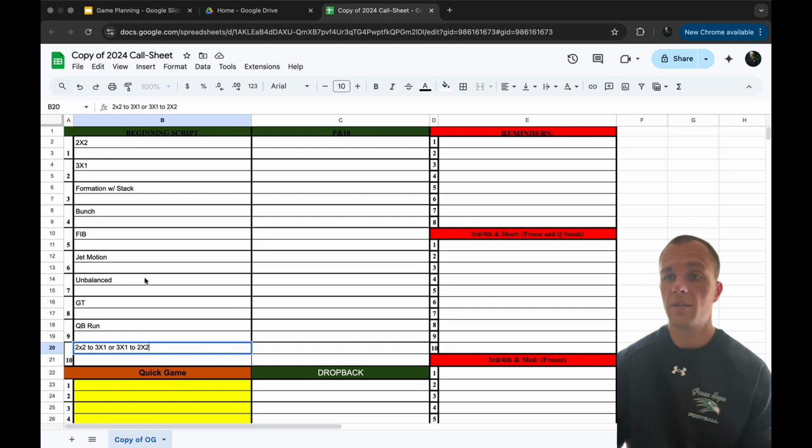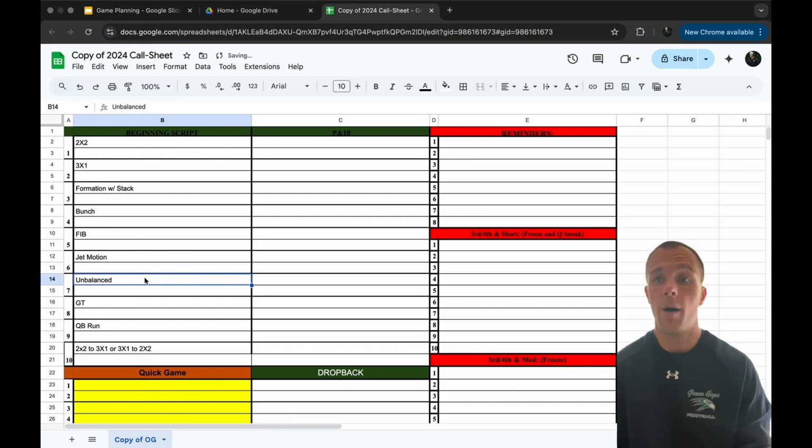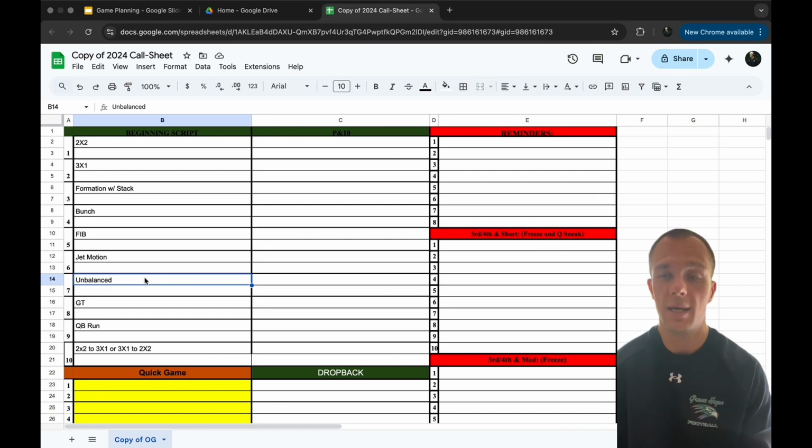And so it's one of those things of setting up your beginning script off of formations and being able to get information that you feel like you can run anything. Maybe you're running stick here and snag there, and just trying to do your bread and butter that you feel good about, but also getting information on how they're going to play you.